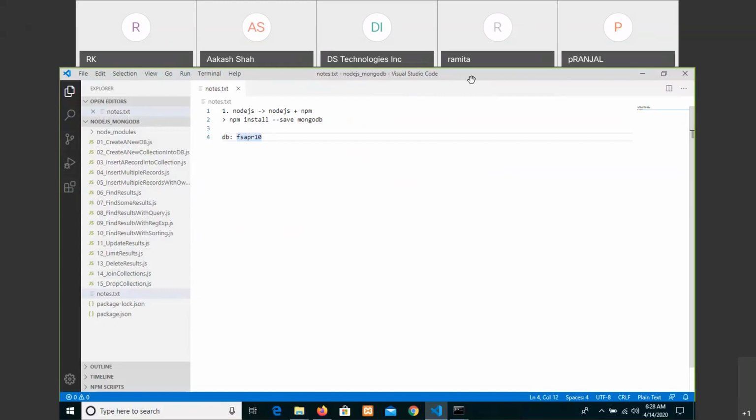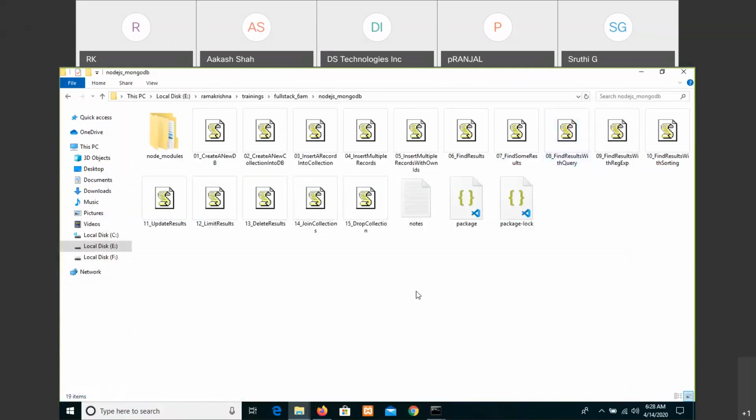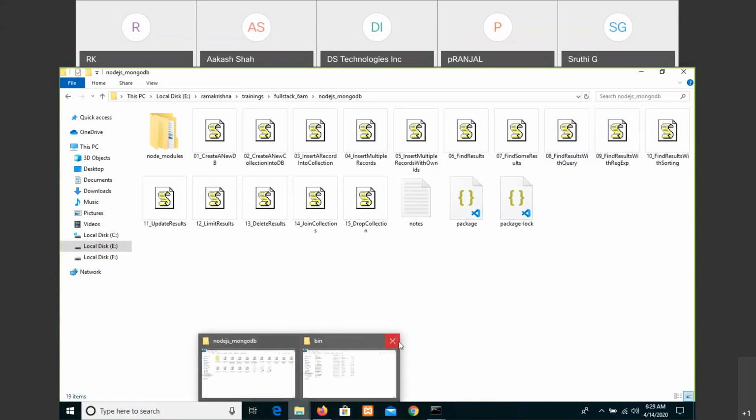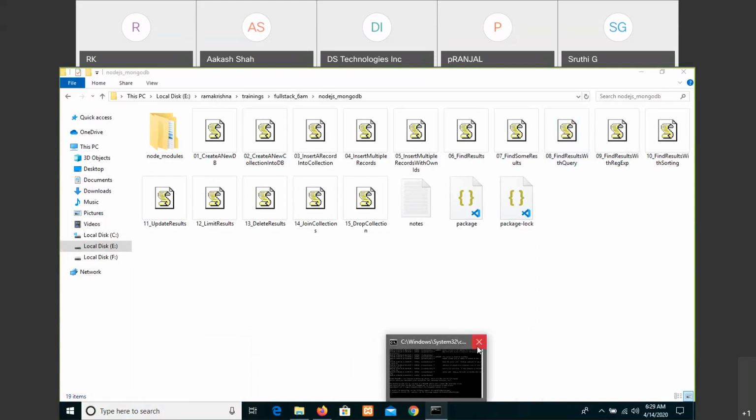Yes. Okay, right. Now let us enter into the concept of Express. Let us close this. We no longer require this one to run. Whenever we require to work with the database, then only we have to run that one. Otherwise, it is not required.